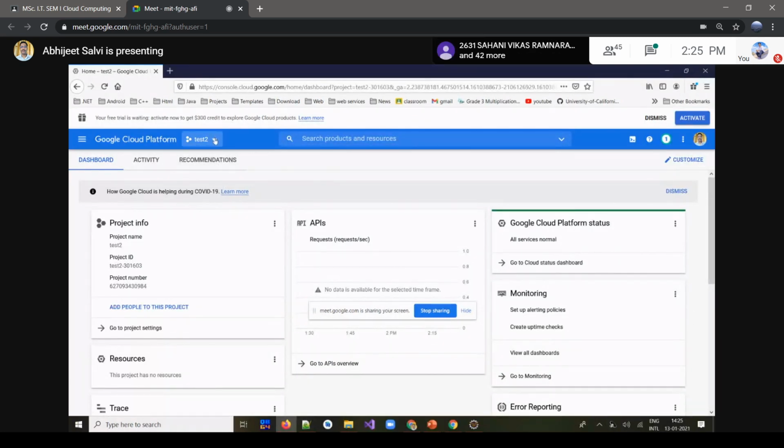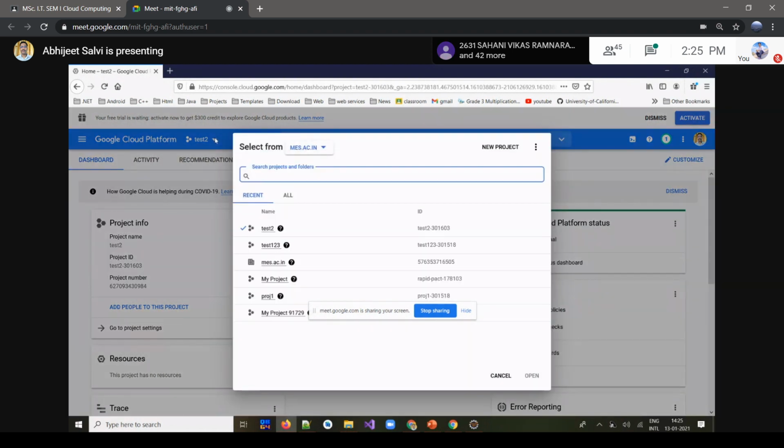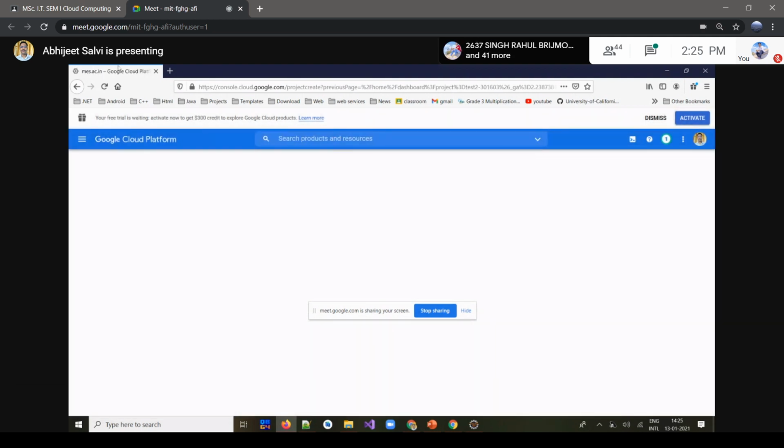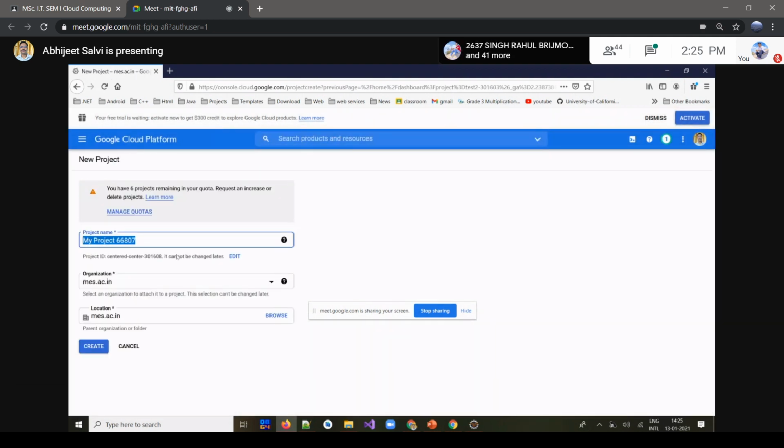these arrow marks over there, and once you click on that drop down, we'll get the list of the projects which are already there in your system, in your account. What we have to do is click on this new project option like this way. It prompts you for your application name, project name.